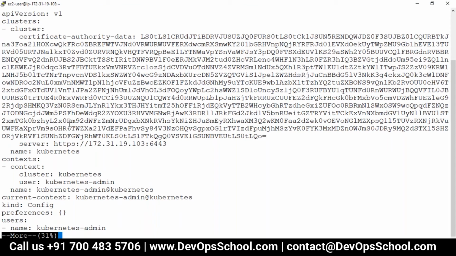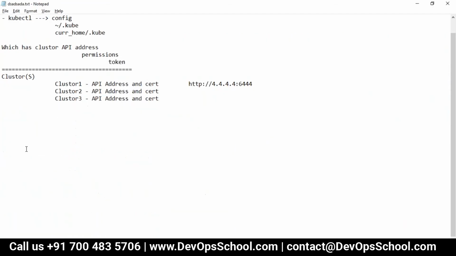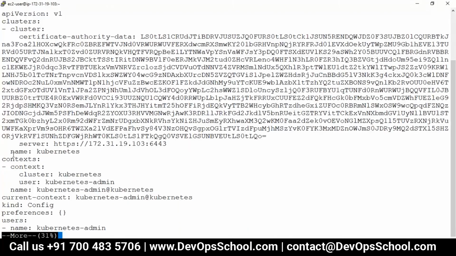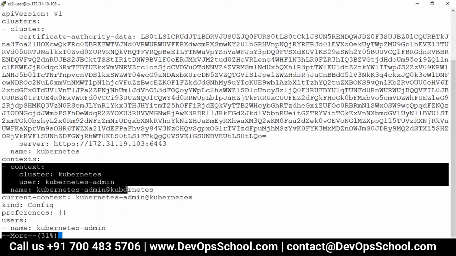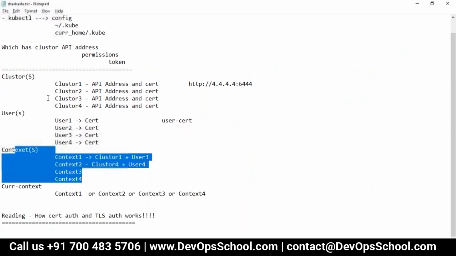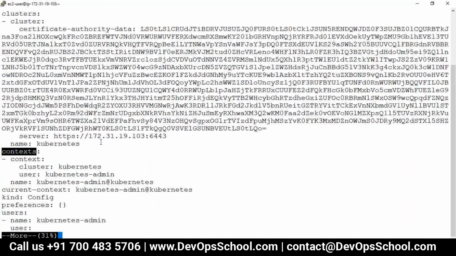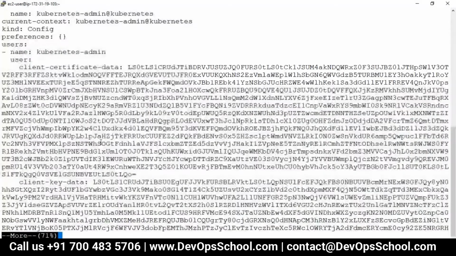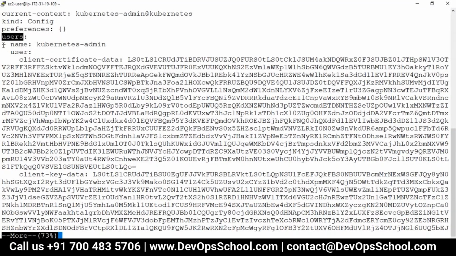Yeah, Rajesh. Now, the second thing I said, contexts. Look at this, contexts, and here there's only one context. By the way, before context, I should have talked about the user. So go down a little bit. See, users. There is only one user.